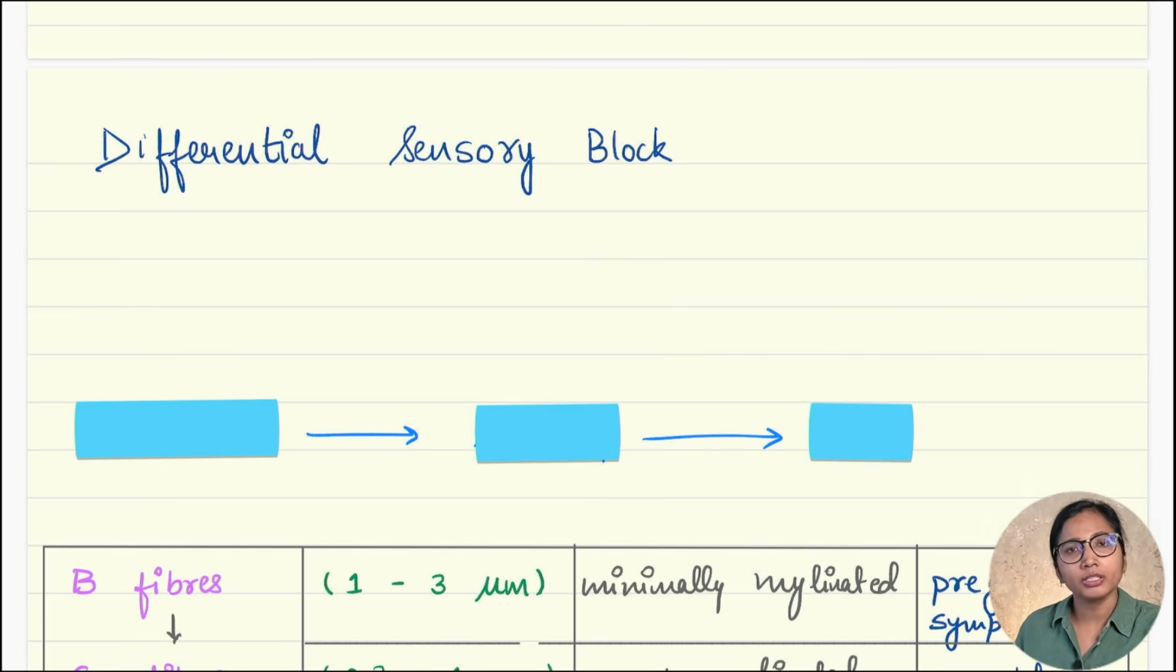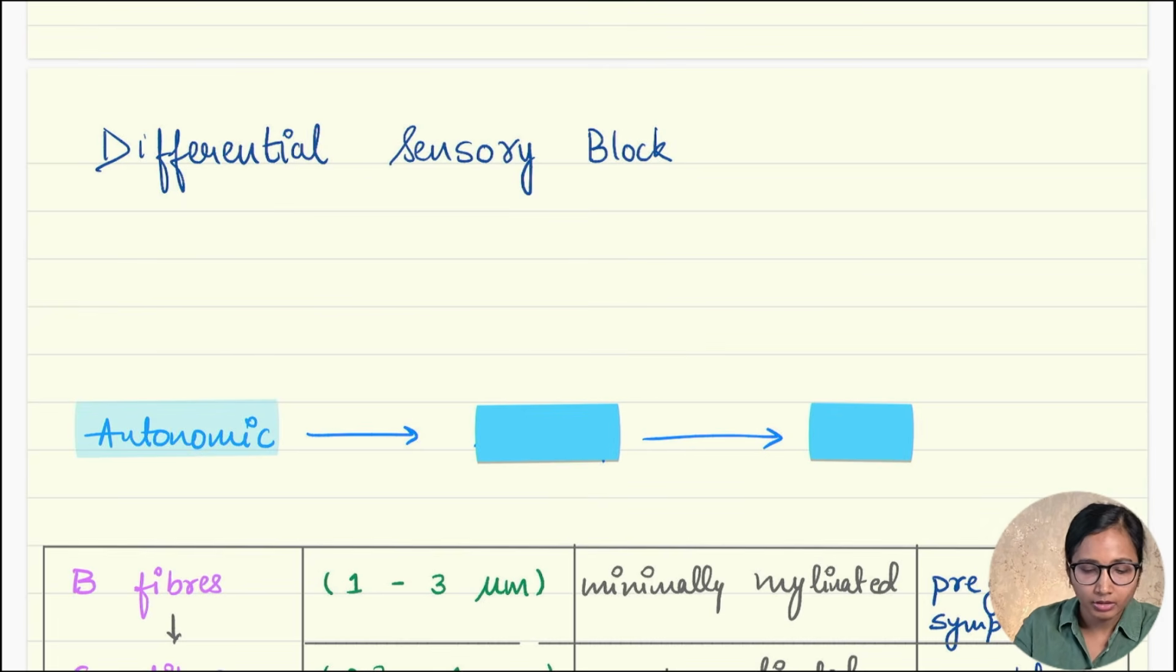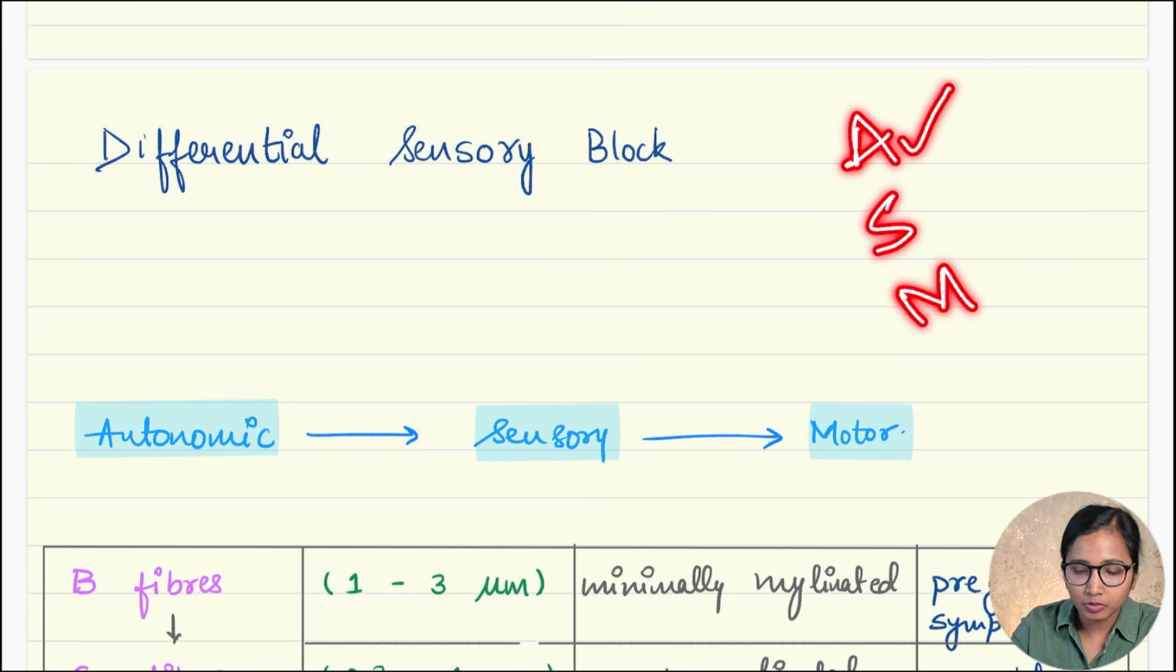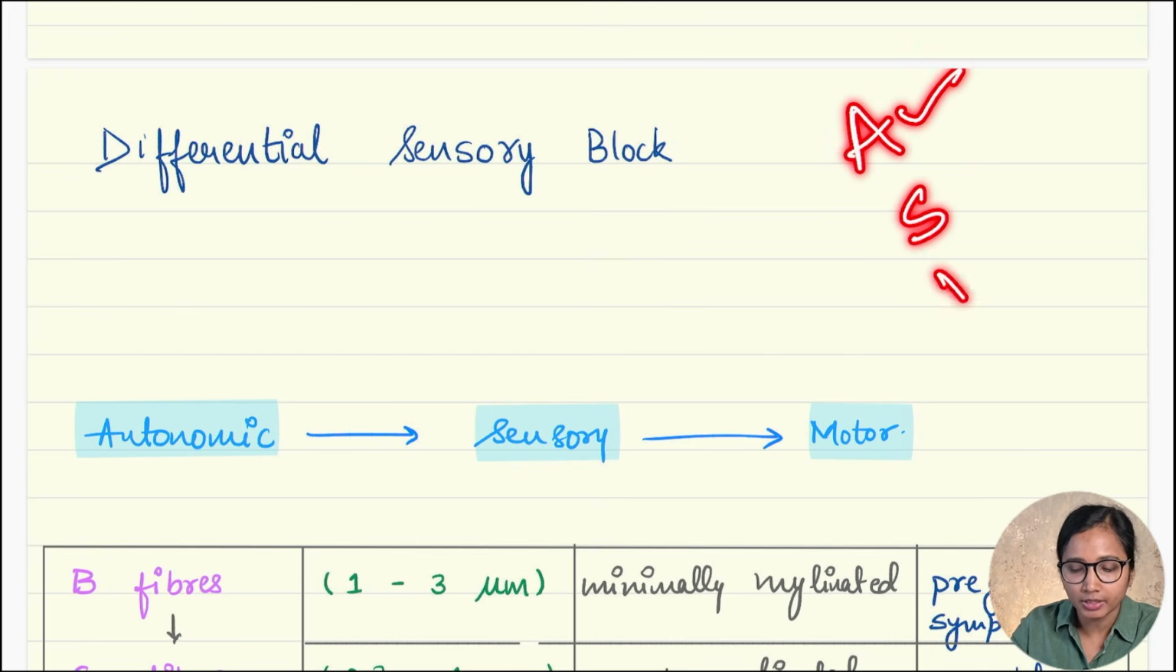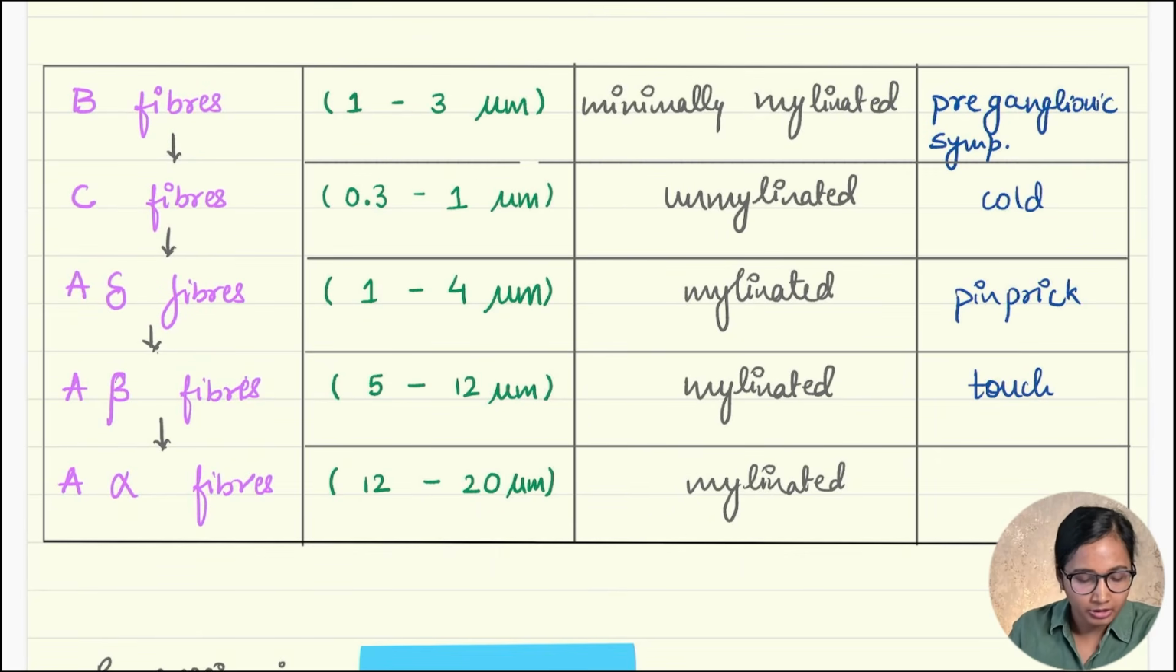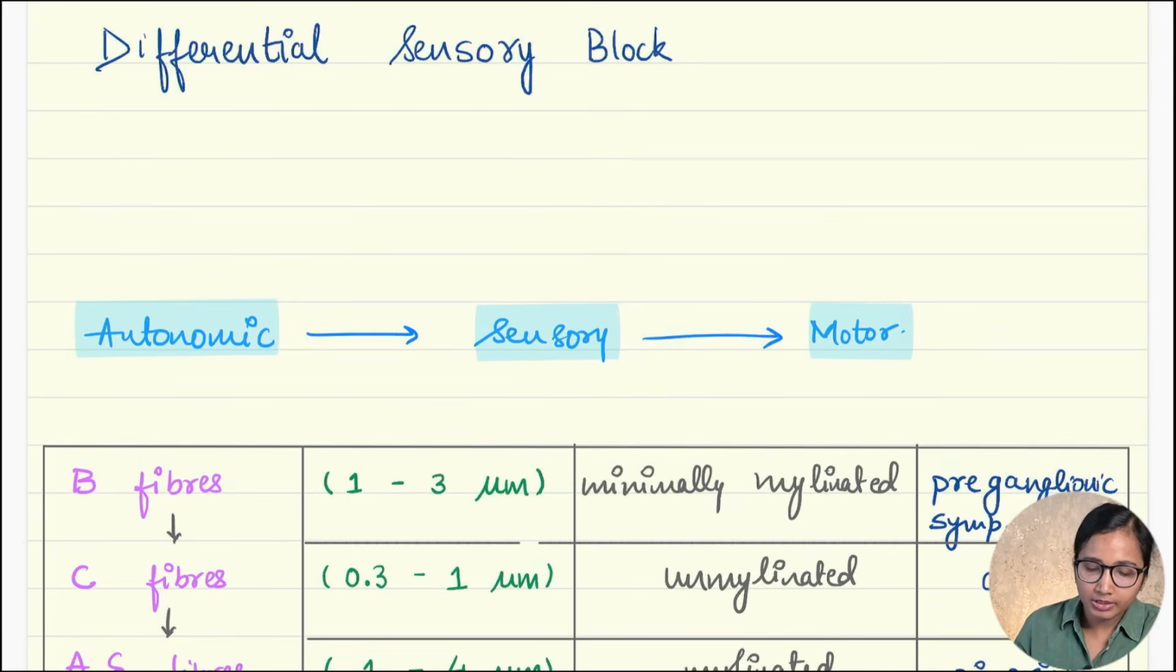So, the first fibers to go are autonomic. After autonomic, about 2 to 3 segments below, goes the sensory, followed by the motor. We can remember this as ASM. Autonomic goes first, followed by sensory, followed by motor. So, these are the nerve fibers and the order of their blockade. We can remember this by a mnemonic